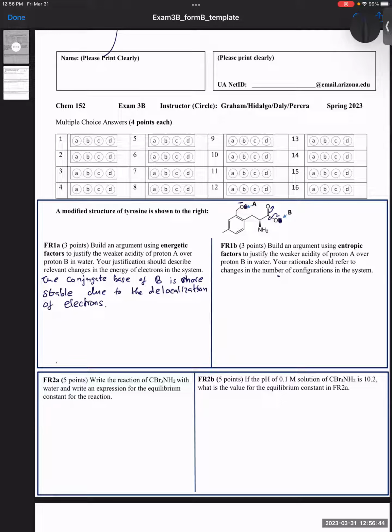Delocalized electrons have more space between them,